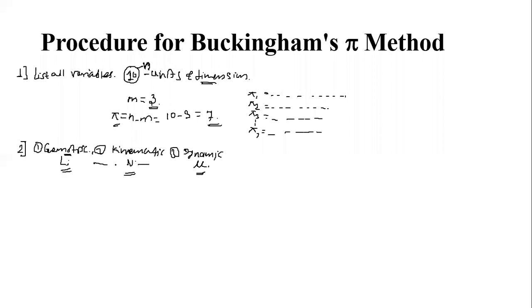Another criterion they had given is that when you are selecting the repeating variables, we have to check that when those variables get combined, they should not form any non-dimensional parameter. म्हणजे ज्या वेळेस आपण ते तीन व्हेरिएबल कन्सिडर करतोय, त्यावेळेस त्यांनी कोणताही नॉन डायमेन्शनल पॅरामीटर तयार नाही केला पाहिजे. म्हणजे त्यांचं कॉम्बिनेशन केल्यानंतर ते युनिटलेस नाही व्हायला पाहिजे, डायमेन्शनलेस नाही व्हायला पाहिजे. आणि दोन प्रॉपर्टीज व्हेरिएबल्स घेत असताना दोन व्हेरिएबल हे सेम डायमेन्शनचे नसायला पाहिजे आहे. म्हणजे लेंथ आणि विड्थ आपण घेऊ शकत नाहीये, लेंथ आणि हाईट आपण घेऊ शकत नाहीये.